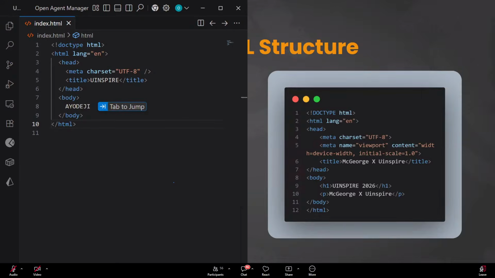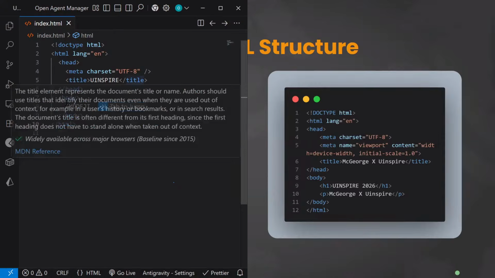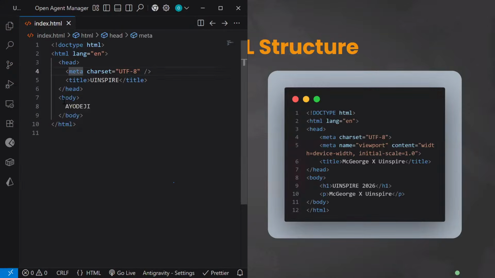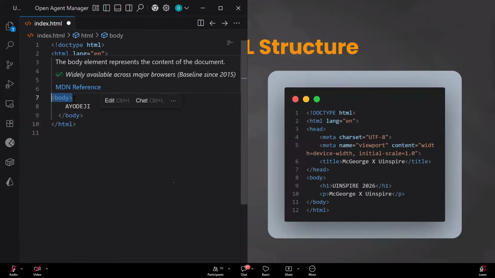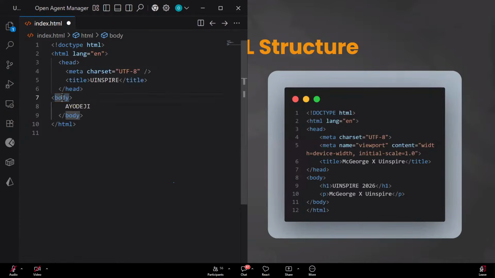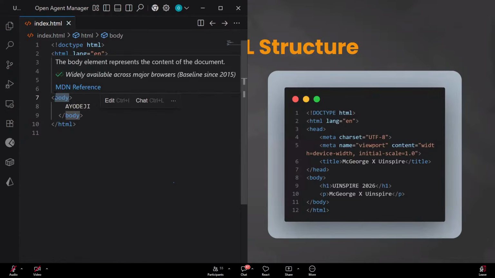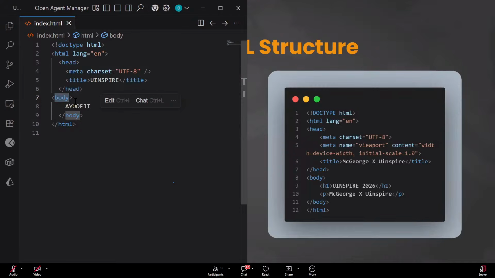The forward stroke with the body. Okay, let me just assume what you're talking about. You're talking about why the forward stroke is not here, right? So the opening tags have this format. They just have the name of the tag inside the angle brackets. You just have the bracket, name of the tag, and then the closing bracket. But the closing tag for the body,